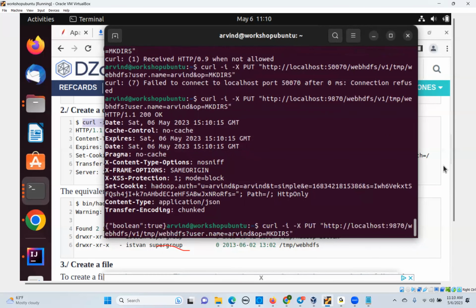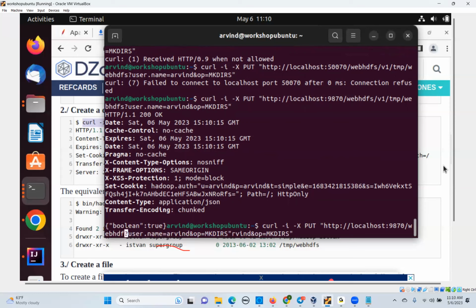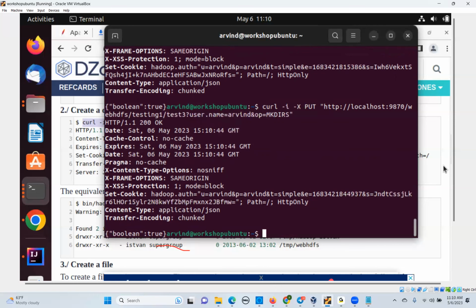So now I can use my directory. Suppose I say here, after this I gave... okay, this is done. Now I check hadoop fs -ls /